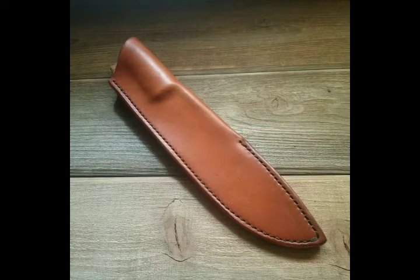Just a quick Redmeadow rambling. A couple things I wanted to talk about. Leatherwork. I'm trying to improve my leatherwork. I have been for a while. I was hitting kind of a wall, and